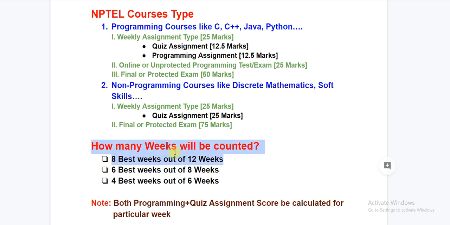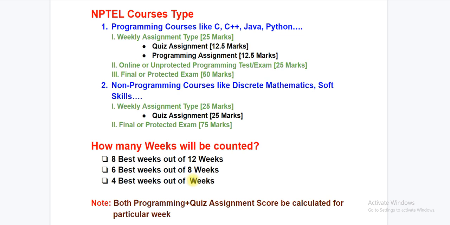What is the best score? The highest scores you got in 8 weeks will be counted. Every week you get a particular score for the assignment, and they arrange your scores from higher to lower, and pick the 8 weeks in which you scored highest. Similarly, in the 8-week course NPTEL considers the 6 best weeks. So coming to the 6-week course, NPTEL calculates